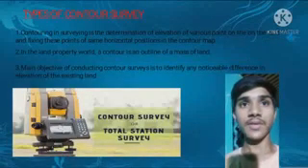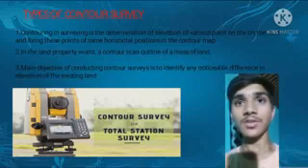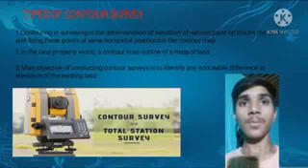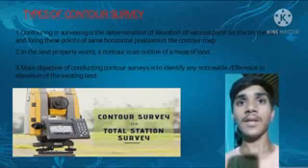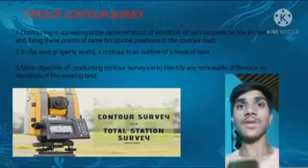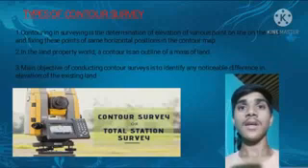Types of contour survey. Contouring in surveying is the determining of elevation of various points on the land and fixing these points on the same horizontal position in the contour map. In the land property world, a contour is an outline of a mass of land. The main objective of conducting contour surveys is to identify any noticeable difference in elevation of the existing land.